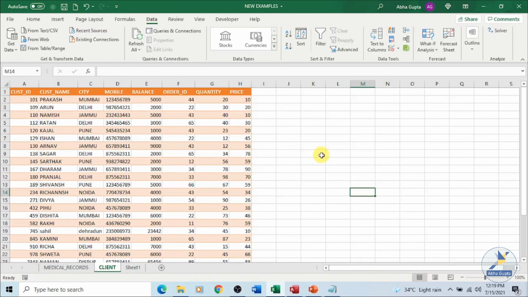Alright, so here we have discussed how we can import the data from different sources. We have taken up two sources, that is the text file and Access, a database, in part 13. Now in part 14, we will talk about how we can share our worksheet data with others. If we are working in a team and we want to share the data, how that can be done.